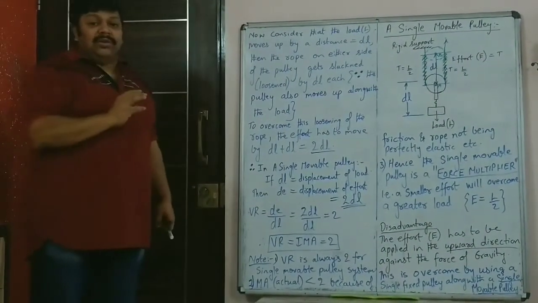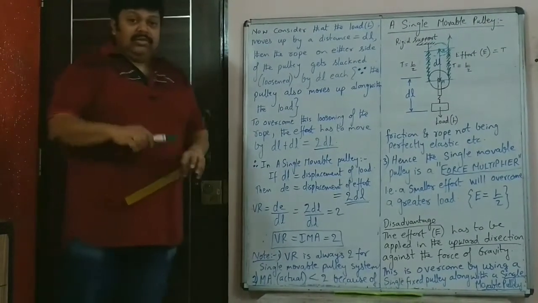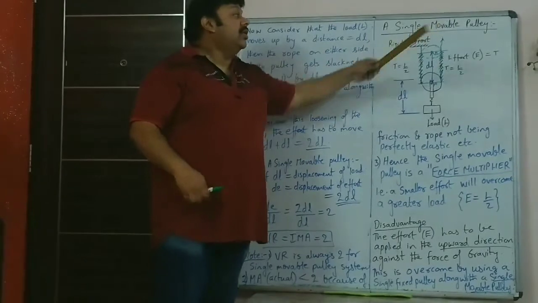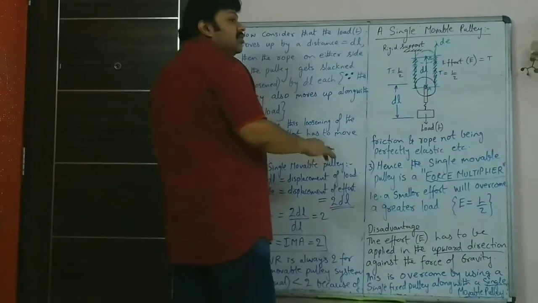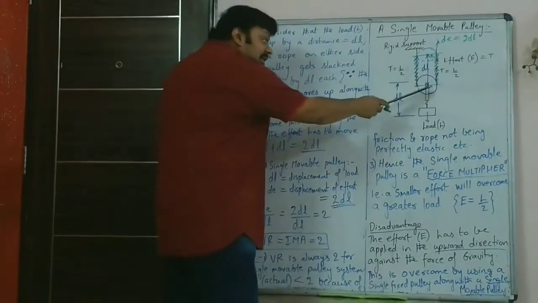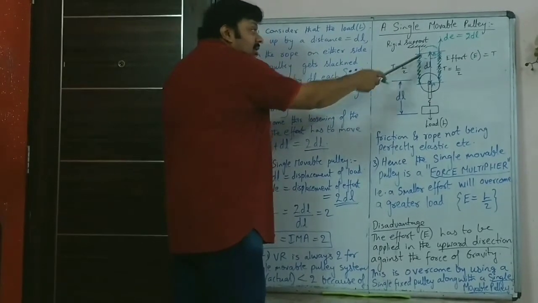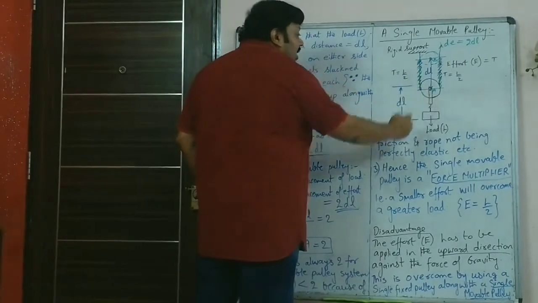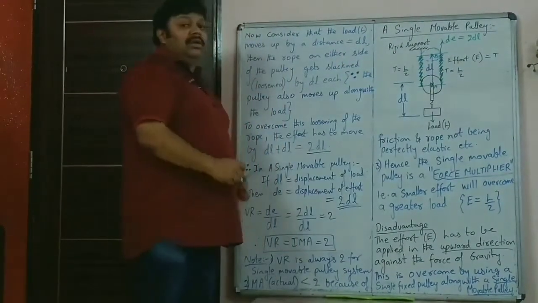Of course, you are not asked explanations on this. I am only explaining it so that you know what you are writing. Most people will just mug up that if the distance moved by load is dl, the distance moved by effort, that is the distance by which the effort has been pulled up, is 2 dl. I am explaining it. Imagine this circular disc has been taken from A and kept at B. Not pulled up, but just taken from A and kept at B. Then this side will get loose by dl, and this side also will get loose by the same dl.